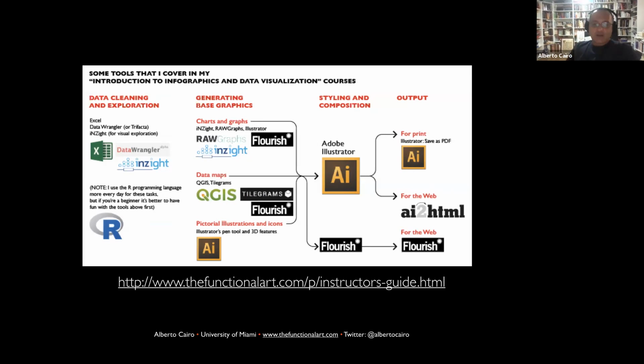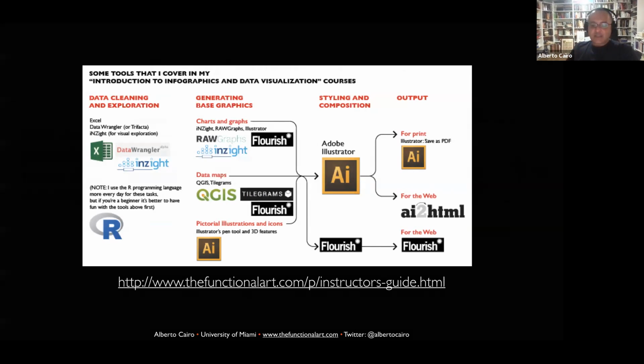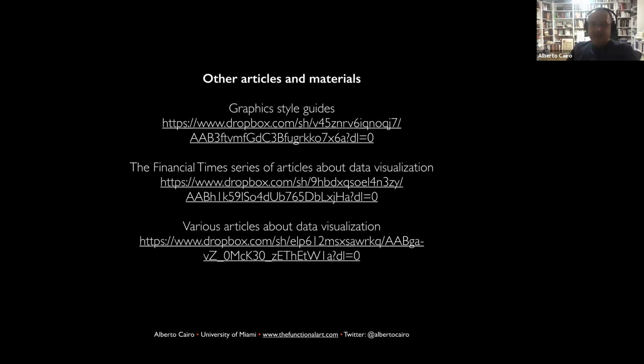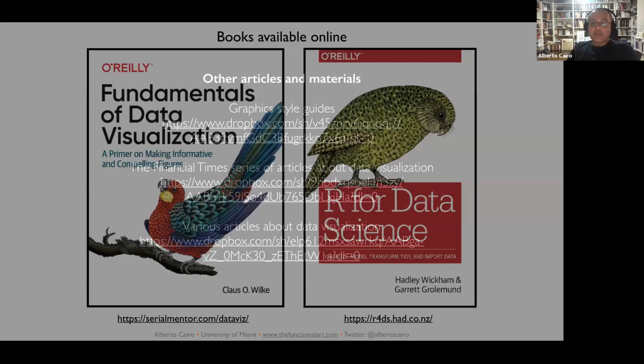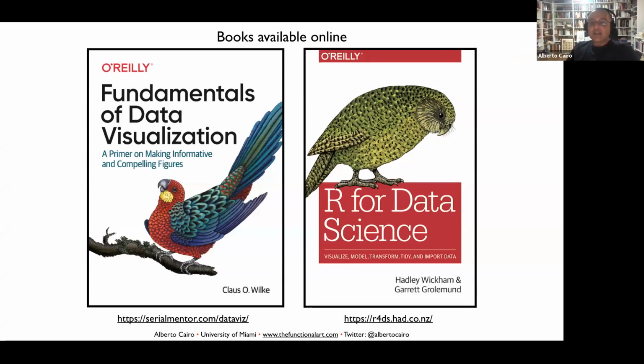That's the page about readings about uncertainty. Here you have more readings about visualization, about different types of things. And then books. The last few slides of this presentation are books that I recommend if you want to keep learning about data visualization. Beginning with books that you can find online for free, such as Fundamentals of Data